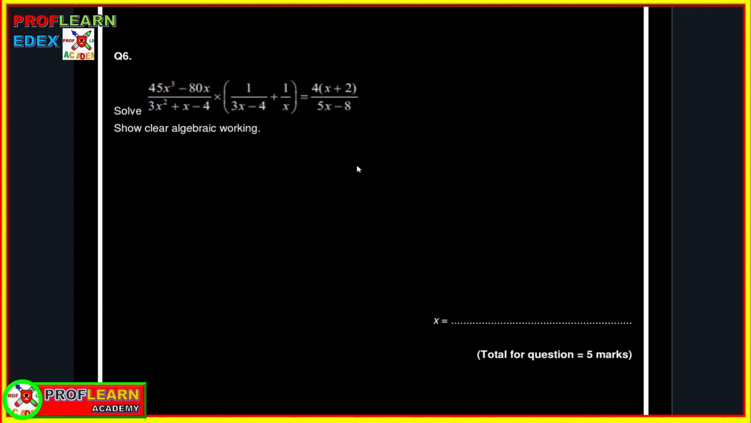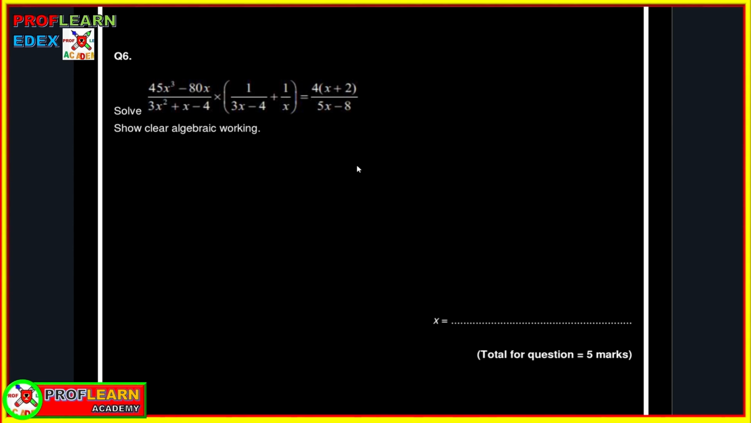And before you do any question, remember you need to know the strategy that you're going to approach in order to work out this question. And for instance, this question, we are given 45x cubed minus 80x over 3x squared plus x minus 4 times 1 over 3x minus 4 plus 1 over x is equal to 4 into brackets x plus 2 over 5x minus 8. So the first and foremost thing that we're going to do is to factorize